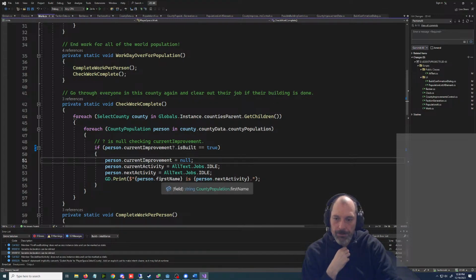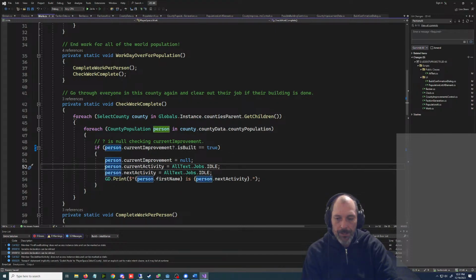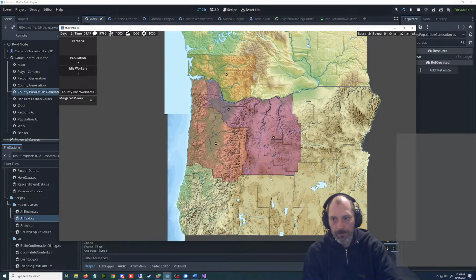So this is if the current building is completed, it sets both of their things to idle. Except I think this is wrong now because of how we checked that. I think this should only be setting the next one. Let's see what happens. Well, let's see what happens with the old code because I saved it, but it doesn't matter.